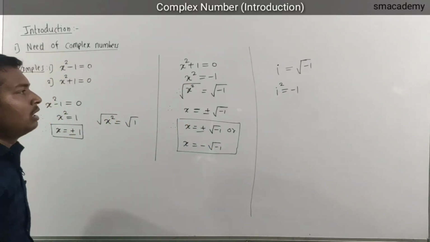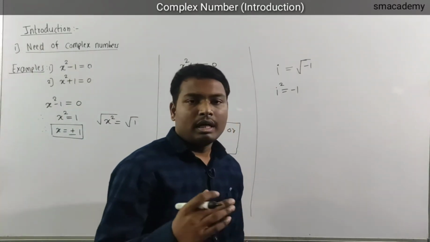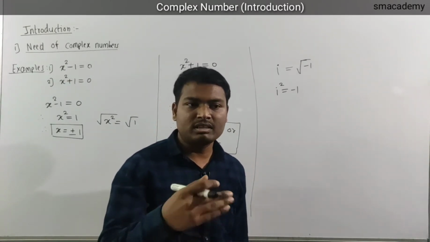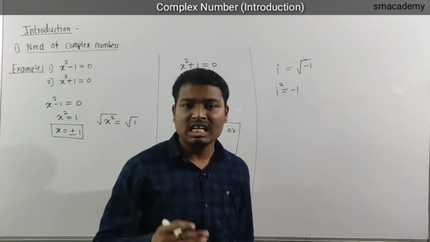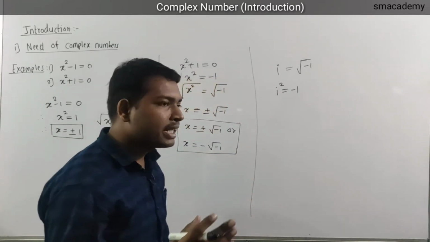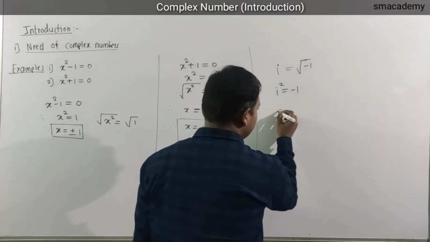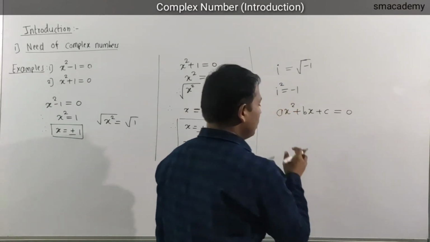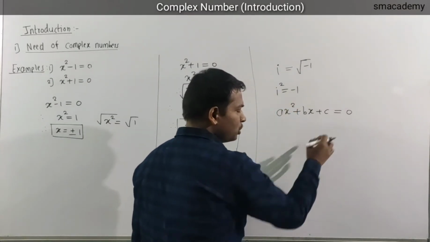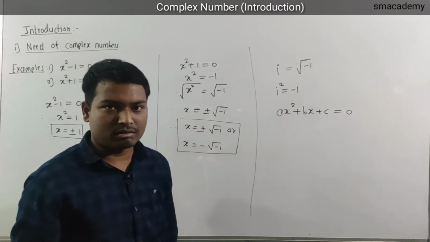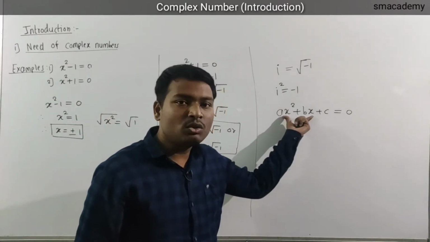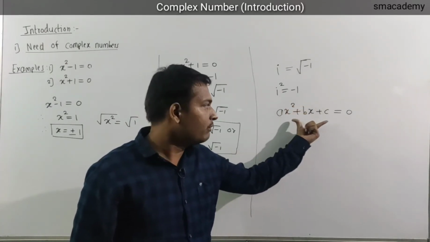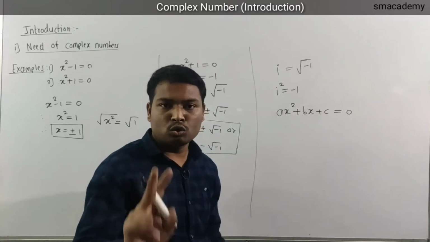Okay, now let's see. Also in the previous standard we saw equations. Let me take one type of equation called the quadratic equation. The quadratic equation is of the form ax square plus bx plus c is equal to 0. This is a quadratic equation in one variable x. The highest power of this equation is 2. Therefore this quadratic equation has two solutions.